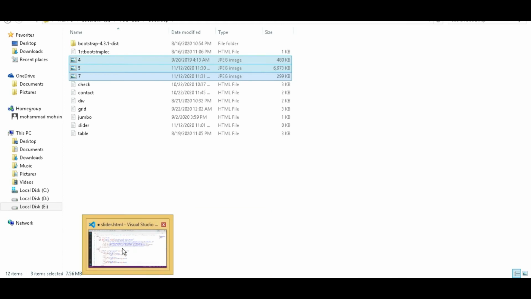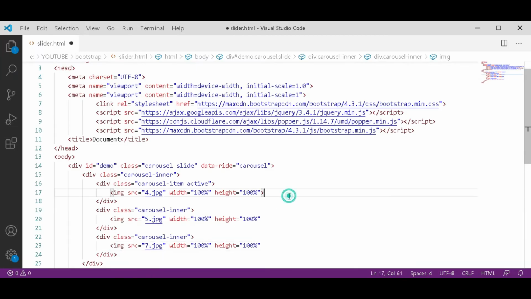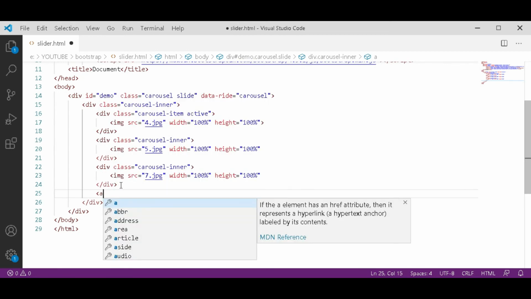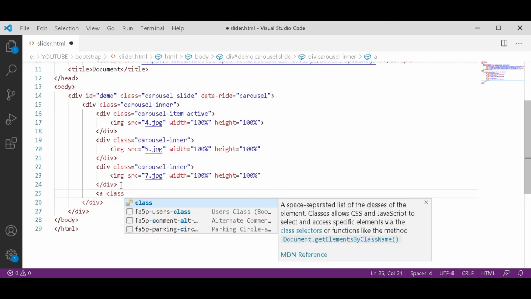Now open Visual Studio Code. After that div, we have to add the previous icon and next icon. For that, open a link tag. I also uploaded a lecture on how to link a file. Go watch that also.